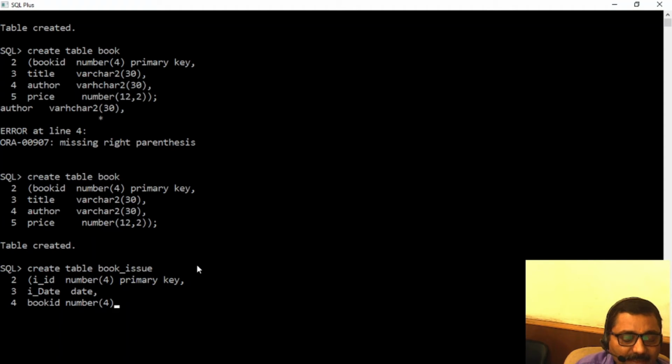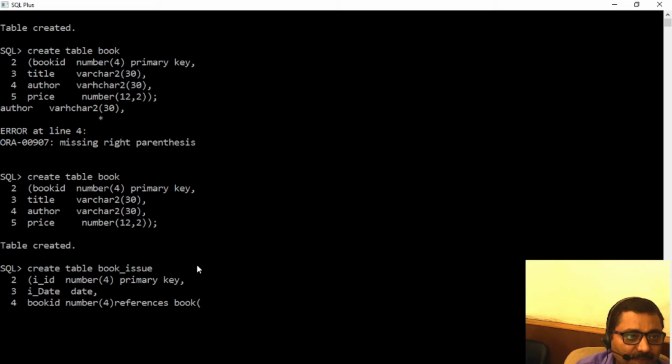So this is the command or syntax to which you can refer a foreign key to a primary key. Here in this table, I'm creating a foreign key. It's simple. You need to write references, then the table name, which is a master. In this case, for this particular column, the master table is book, and then I'm referring the primary key of book column. You can even refer any other column, and you can keep it unique like that, but here we have taken primary key.